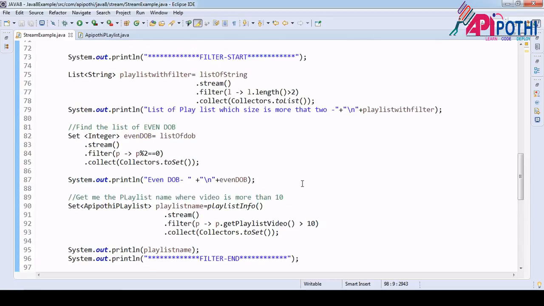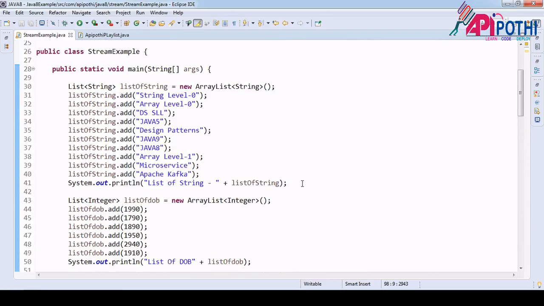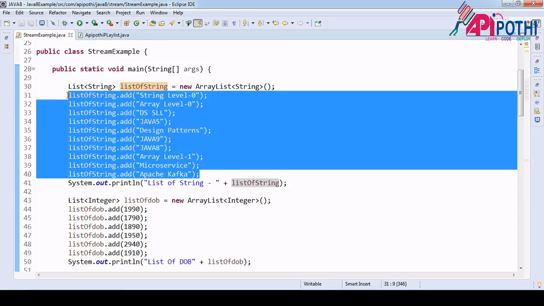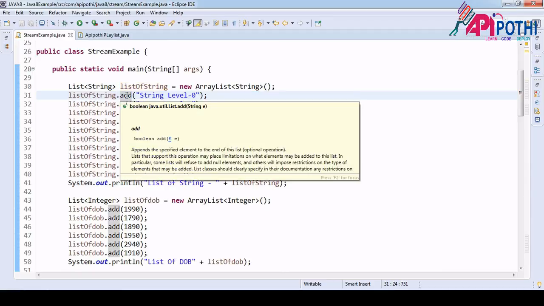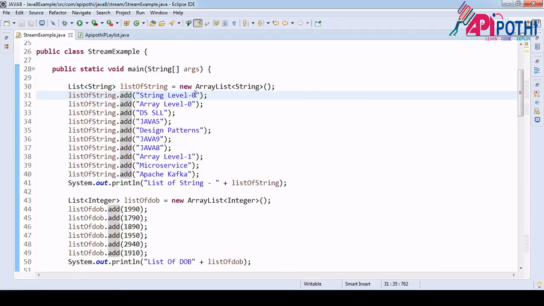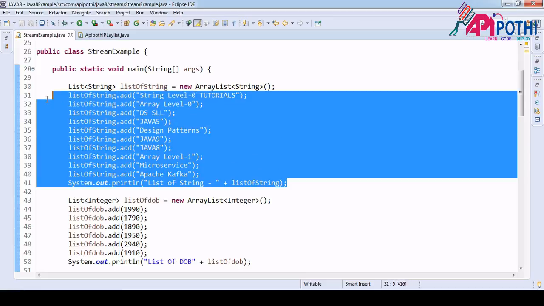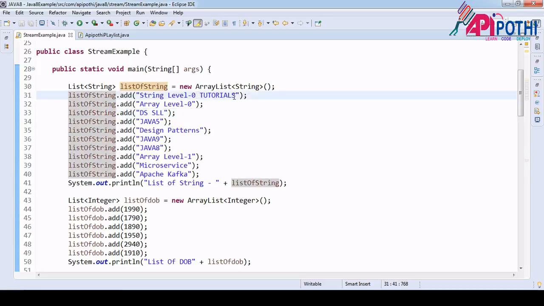Suppose you have a list of strings, these are playlist names, and I want an operation where each playlist name ends with tutorial, something like that. In that way we are not decreasing the number of values. We are doing this operation on all the values. Okay, that's the reason the size is never changed.